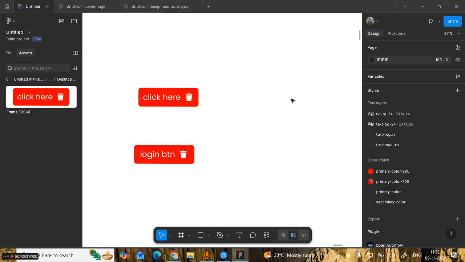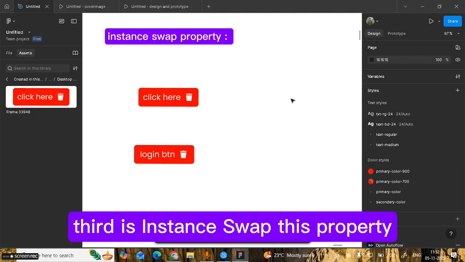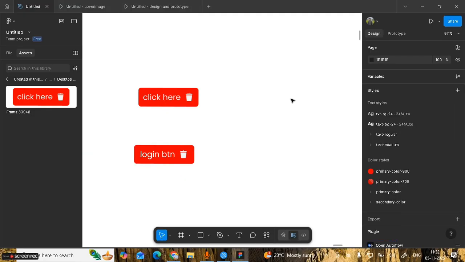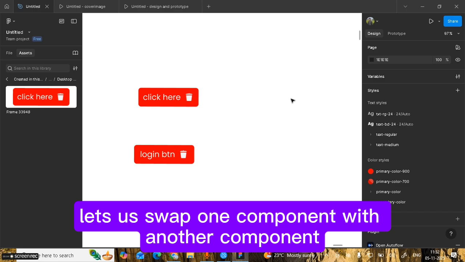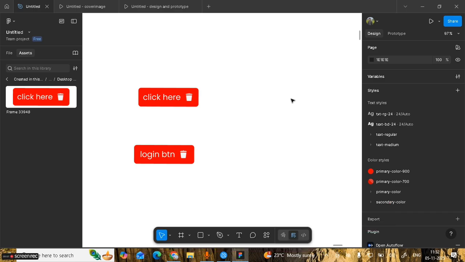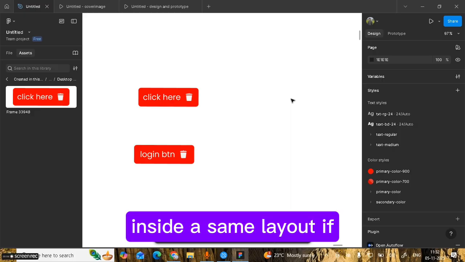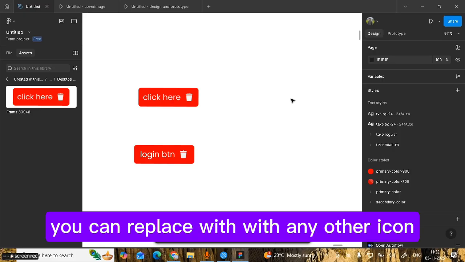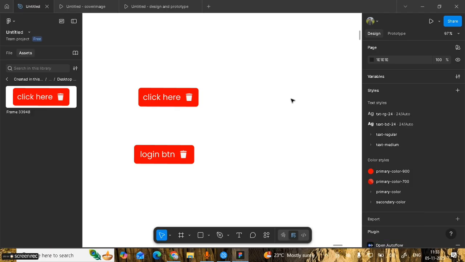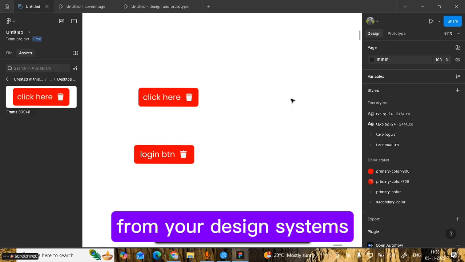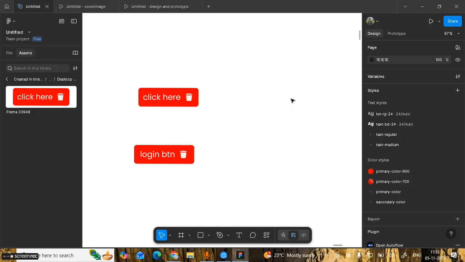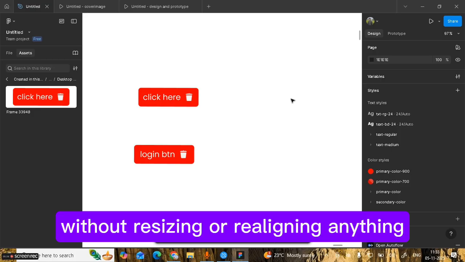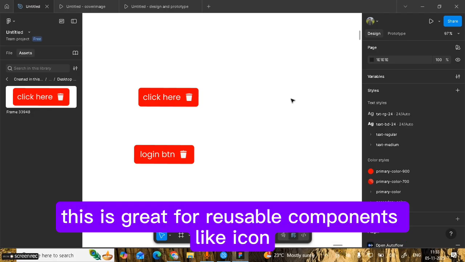Third is instance swap. This property lets us swap one component with another component inside the same layout. If your card has one icon, you can replace it with any other icon from your design system without resizing or realigning anything. This is great for reusable components like icons,